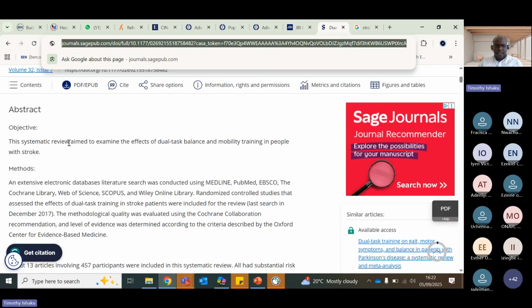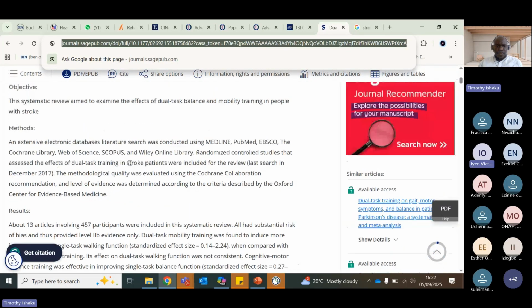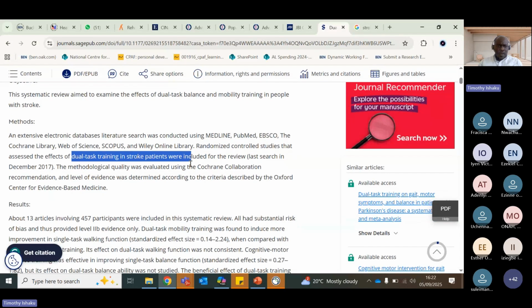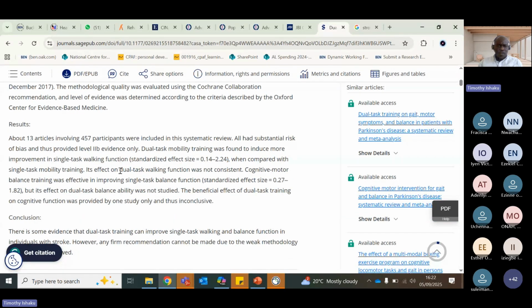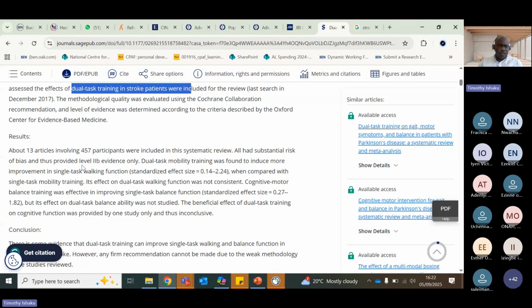One is a systematic review, and we are looking at the interventions. The interventions, most of the time you can find in the method section. So they are talking about dual task training in patients. What sort of outcome do they measure? This one doesn't necessarily apply, because it's a review, there is no outcome. So dual tasking